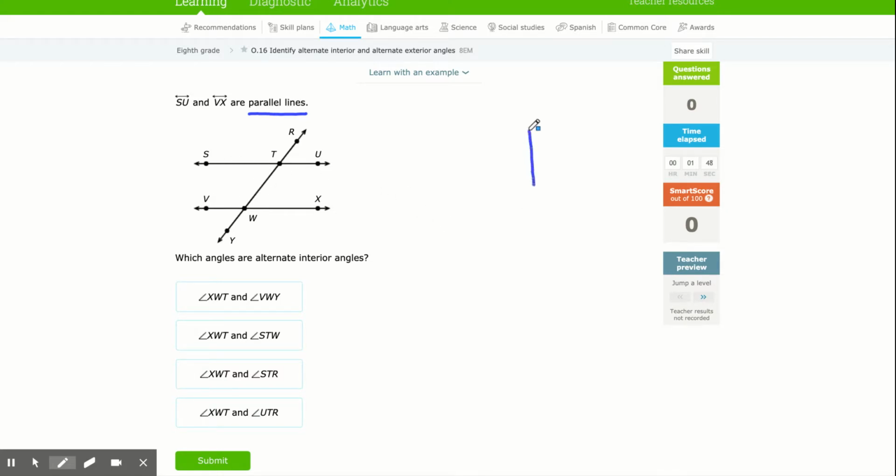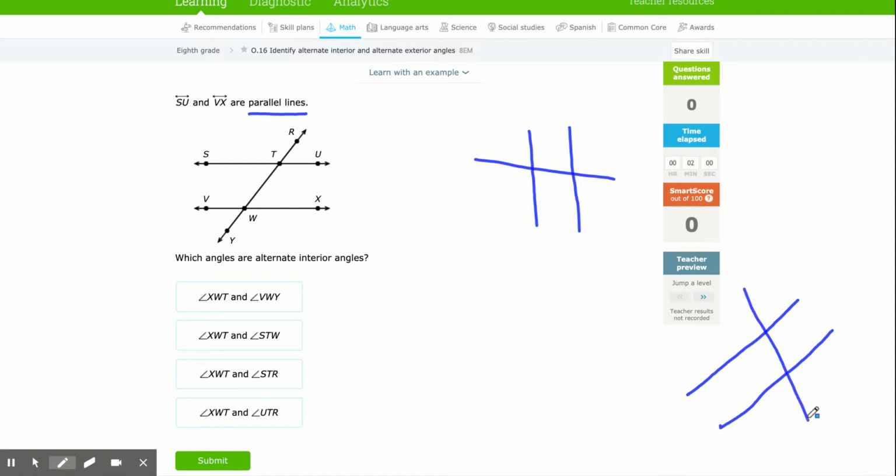Now, the parallel ones don't necessarily have to be horizontal. They could be vertical or slanted, but we always have a third line that crosses the two lines that are parallel. It's called a transversal. So the one that cuts across it is called a transversal. Now, if you'll notice, we have 8 angles that are created. We have the 4 angles around the one railroad track that the transversal intersects, and the 4 angles around the